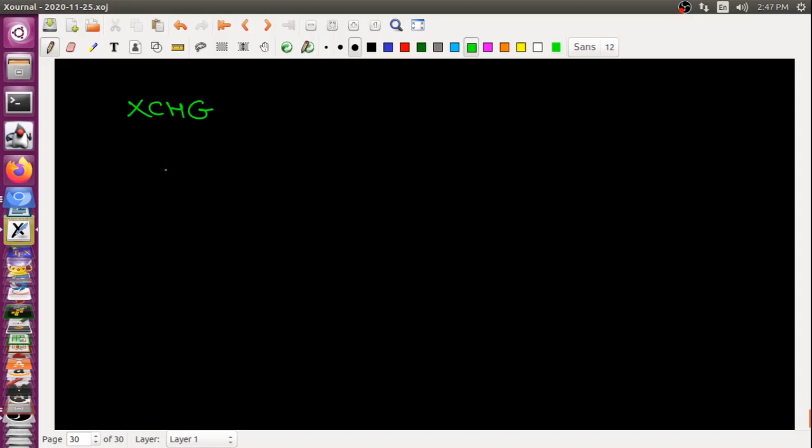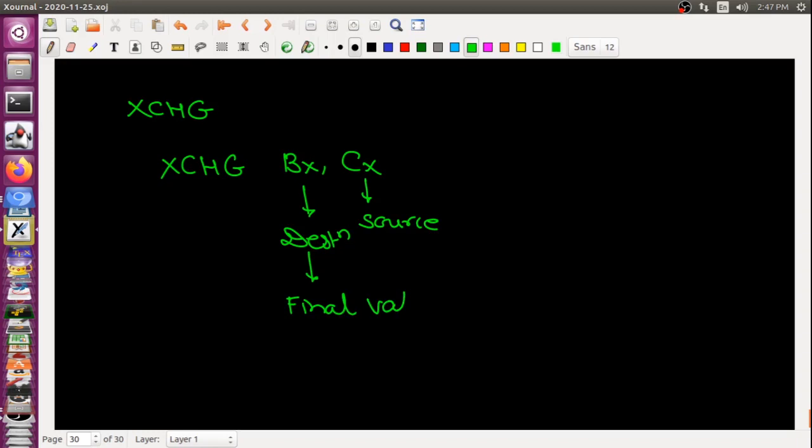Importantly, if I am writing XCHG with a source and a destination, the value will be interchanged between these two, but the final value after the exchange is kept inside the destination. So this will be the destination.